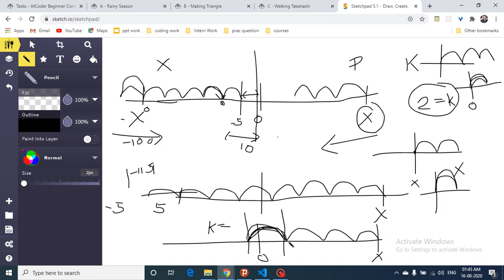Okay, I hope you understand this part. These are the two logics which I have to use. If it is even, we can nullify, but if it is odd, we have to do at least one more step, and then we have to check whether that step will lead to the answer.